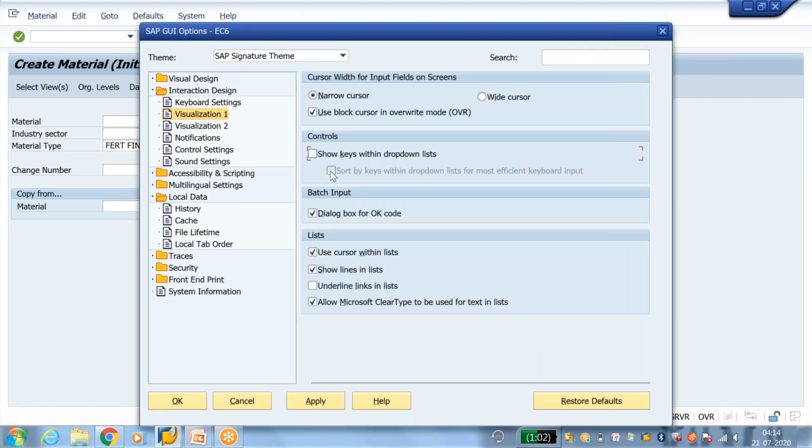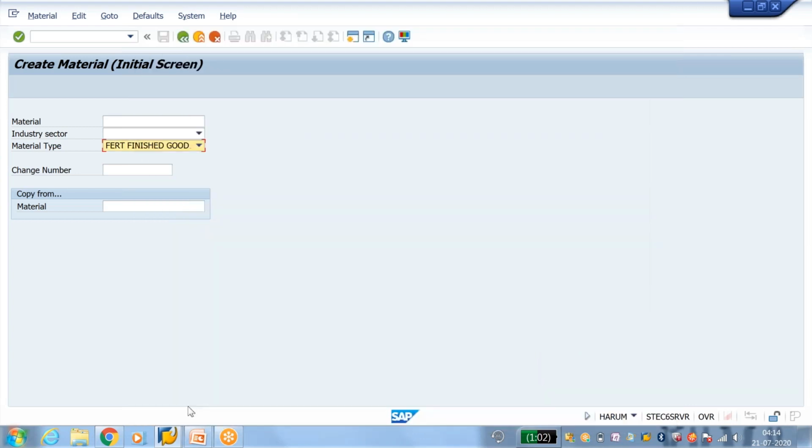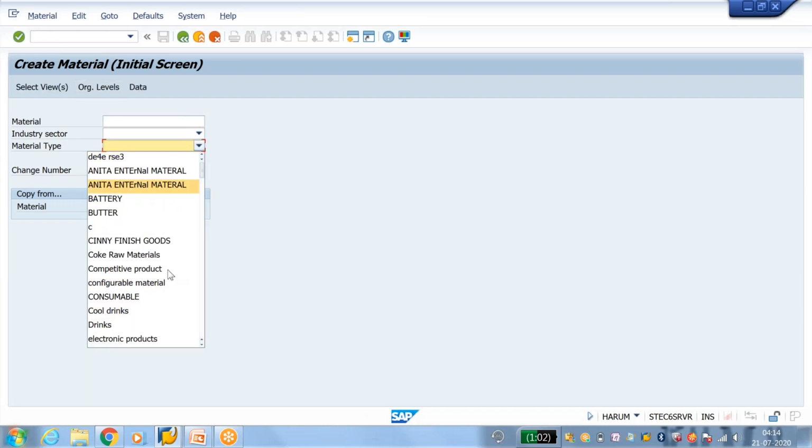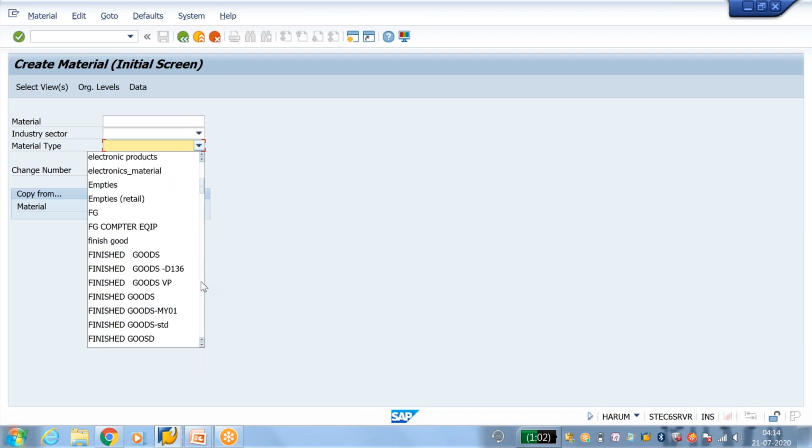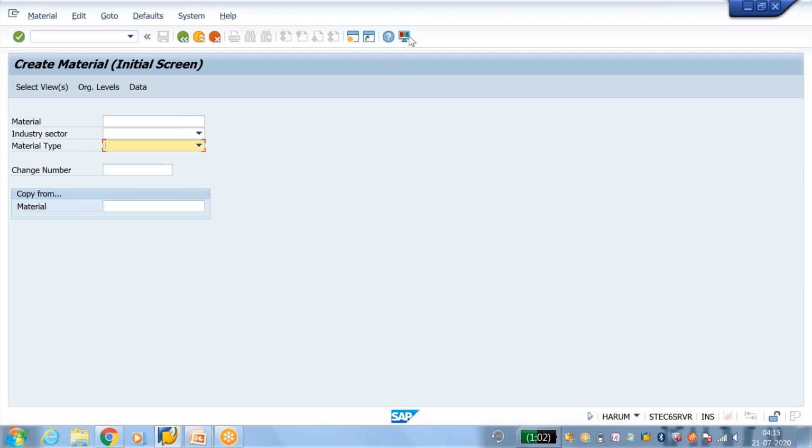Then if this is unchecked, you will get only the material description. So while creating the material master, we cannot identify which one is for FERT. Here you will get only the description, finished goods. So many finished goods are there. How can we know which one is finished goods? So this is the control.